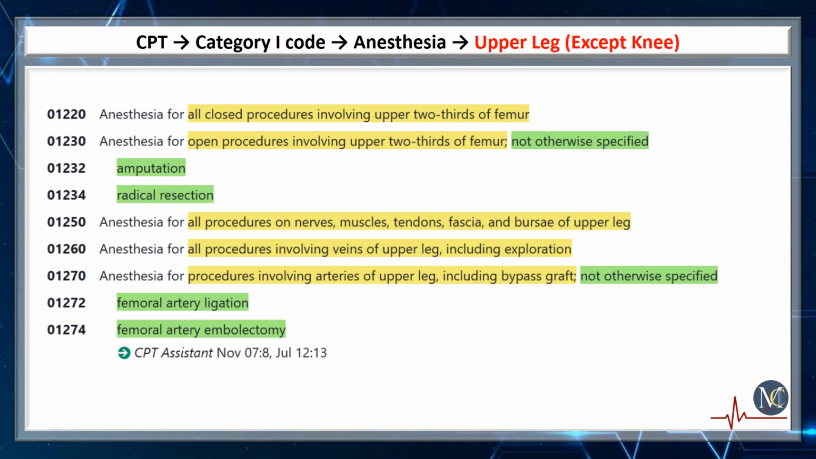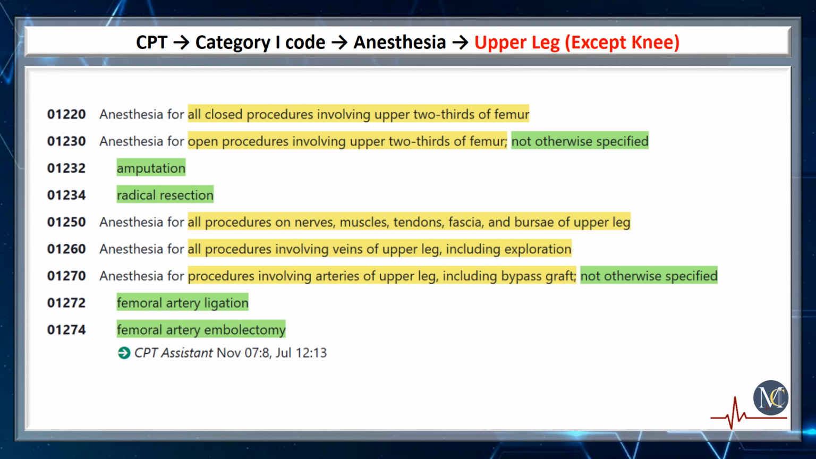Next code is 01270. Anesthesia for procedures involving arteries of upper leg, including bypass graft, not otherwise specified. Arteries are the blood vessels that carry blood from the heart to the tissues and organs in the body. A bypass graft is a surgical procedure in which a blood vessel graft is used to reroute blood flow around a blocked or narrowed artery. The provider performs anesthesia service for a patient undergoing a procedure on the arteries of the upper leg that includes placement of bypass graft. Next code is